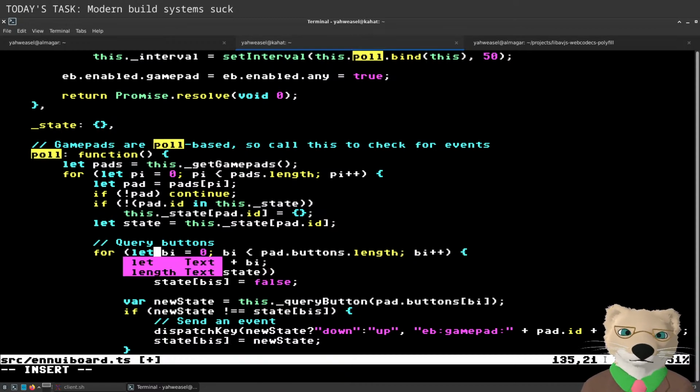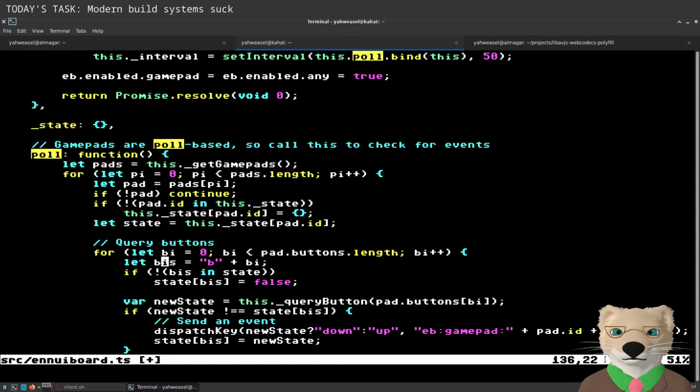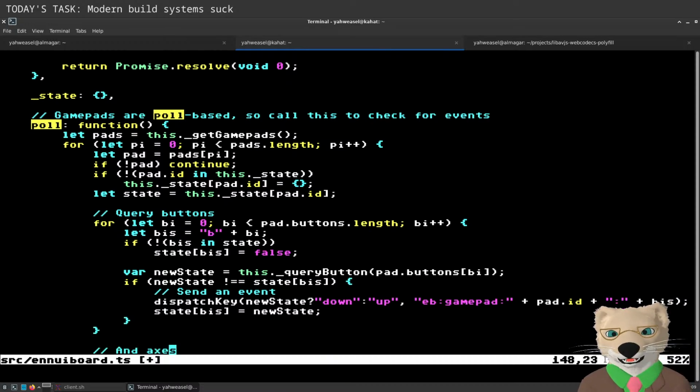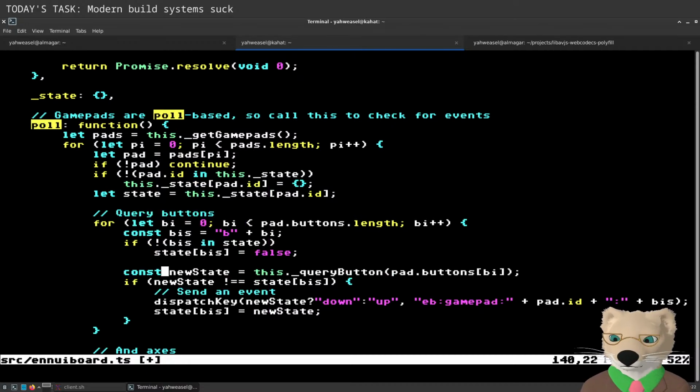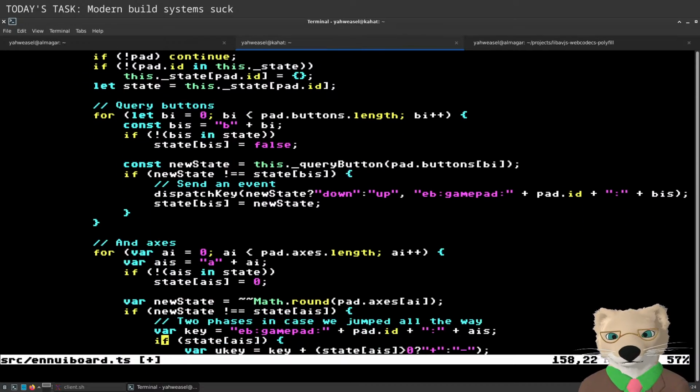Ugh, all of these vars instead of lets. Oh, button index string, that's cute. Otherwise, that should mostly be fine. Then my axes, then axes.